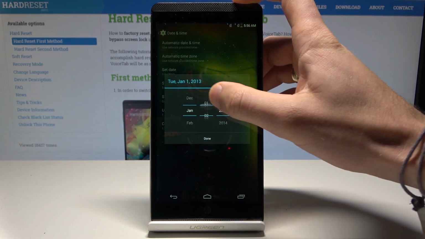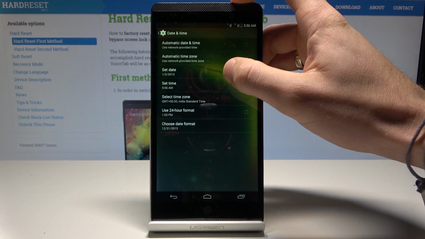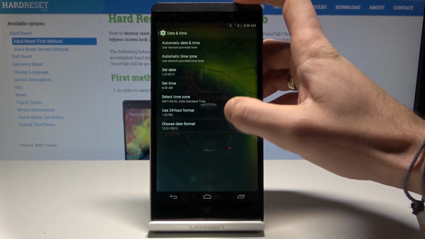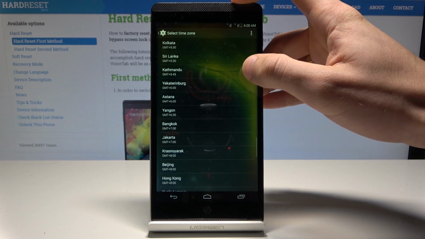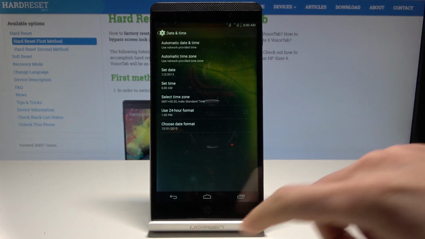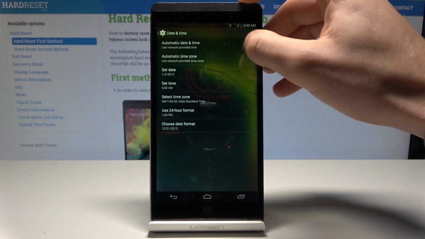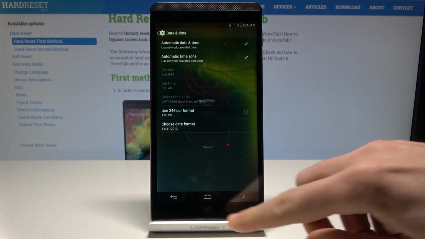For example, let me switch date, let me switch time, and you can also select the time zone right here. Alright, but if you would like to go back to automatic configuration, just simply enable those two features and you can use it. Alright, so